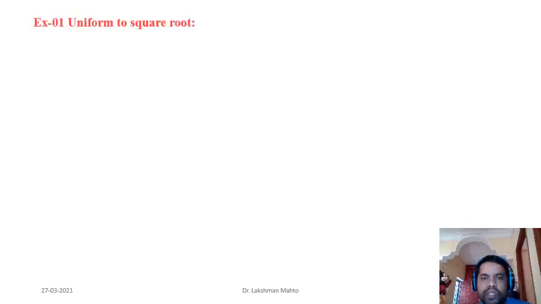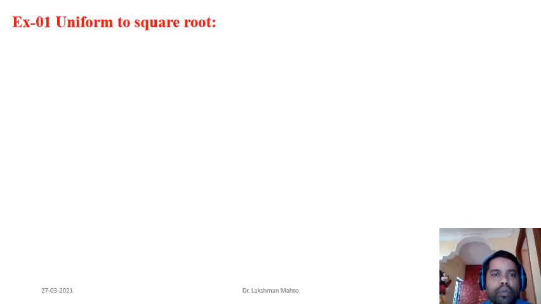So first I am taking a simple example. Suppose you have a uniform random variable x. From here you want to take a new random variable, the square root of x, which we call y equal to square root of x. A uniform random variable on the unit interval 0 1 takes value 1, and outside the interval 0 1 the PDF takes value 0.